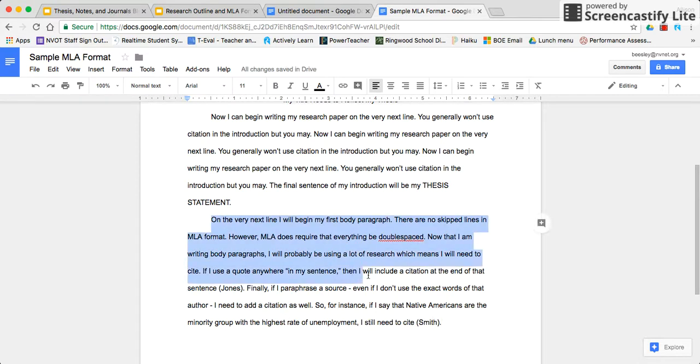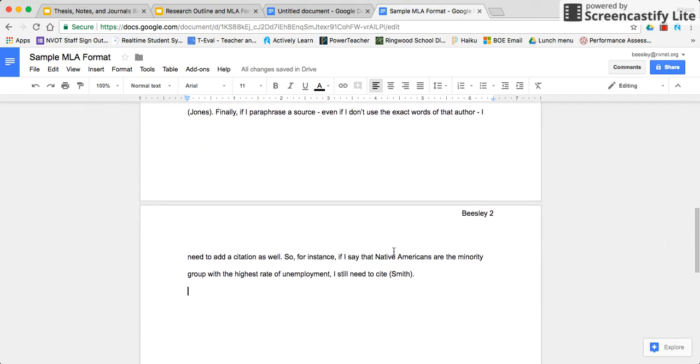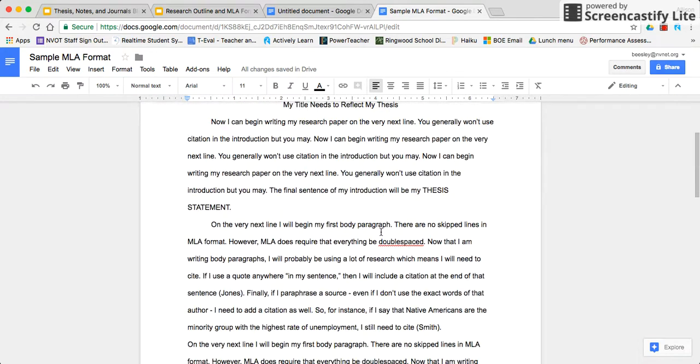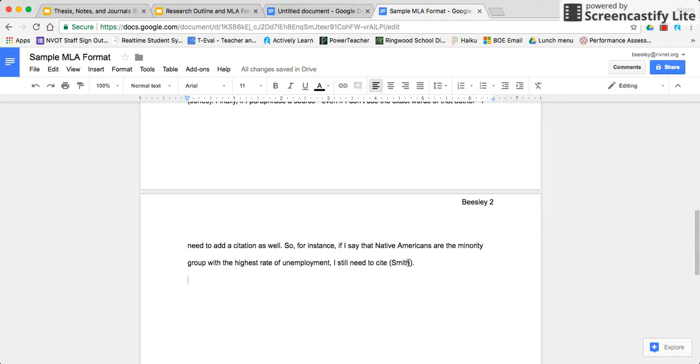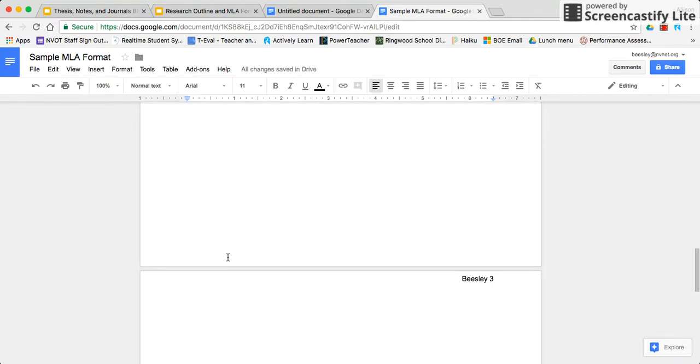Okay, I'm going to copy and paste this whole paragraph to show you what a third paragraph would look like, just so that you get an opportunity to see that when we move on to a second page, Beasley 2 should show up in the header space. And on the third page, Beasley 3 should show up. After the very last page, after the very last words of my research paper, I want to say insert, go down to break, page break. The final page of my whole paper, and it should be a separate page, will be my Works